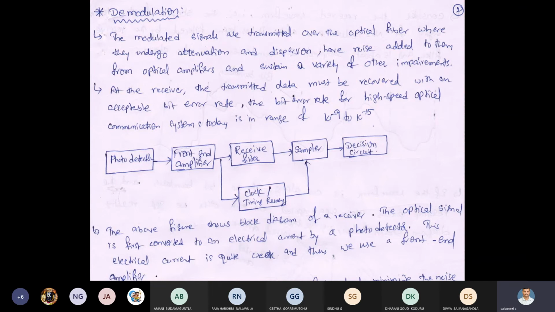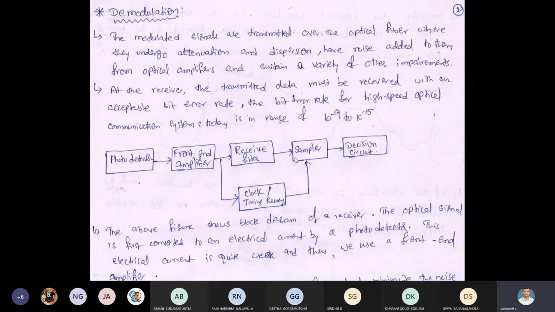Suppose at the receiving end we get dispersion problems, due to dispersion, merging of the pulses. Zeros and ones are mixed together. And instead of 1 millisecond, some are getting a 2 millisecond bit period, and some are getting 0.5 milliseconds. At that time, we have to check whether the bit periods are equal for all bits, and clear the problems. Once we clear the problem, finally we get the electrical signal.